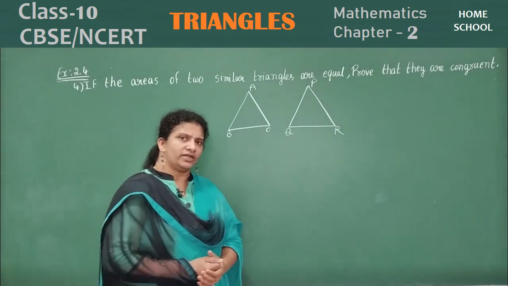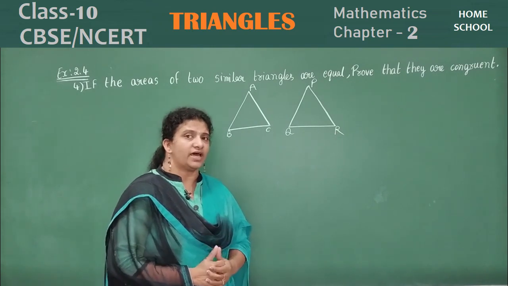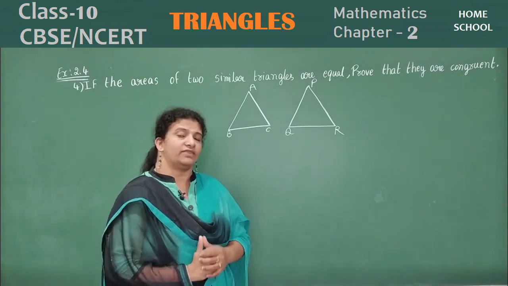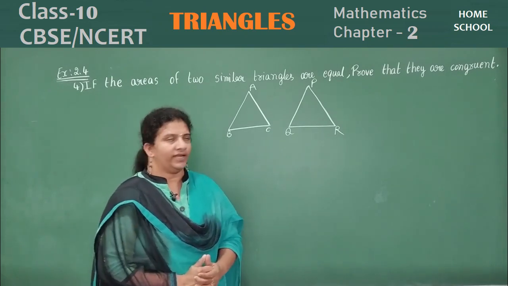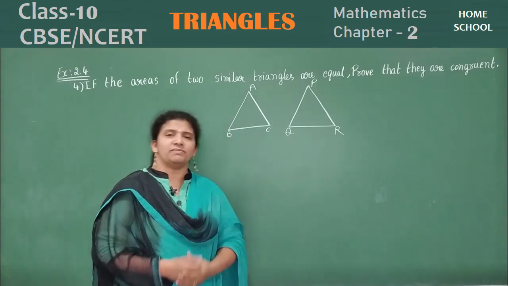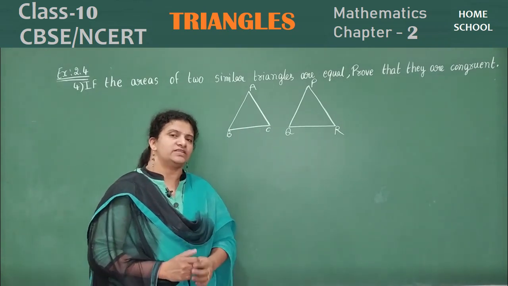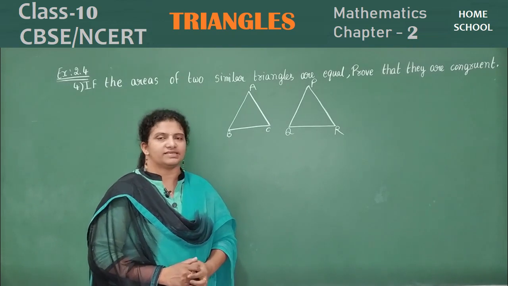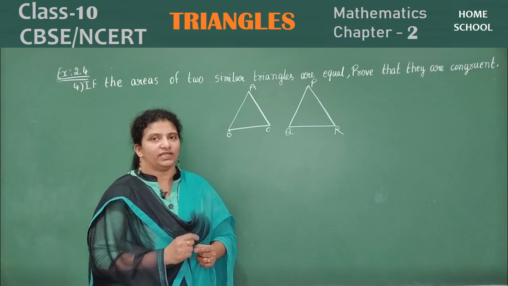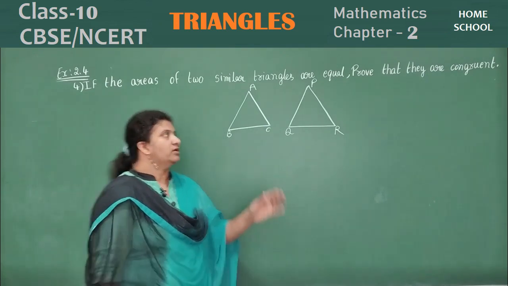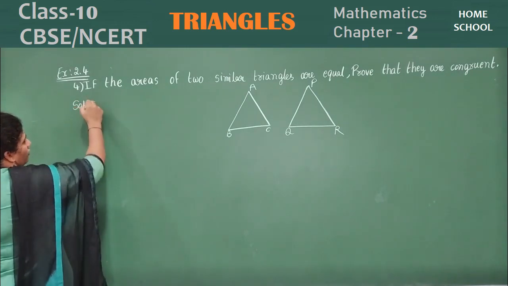When they are congruent, children, how can I say they are congruent? If the ratios are in proportion or if they are equal, then I can say that they are congruent. So already said they are similar. But they are talking about areas, so which theorem do we remember? Yes, the area of similarity criteria. So according to that we need to prove here. Okay, let's start our proof here. How do we start?